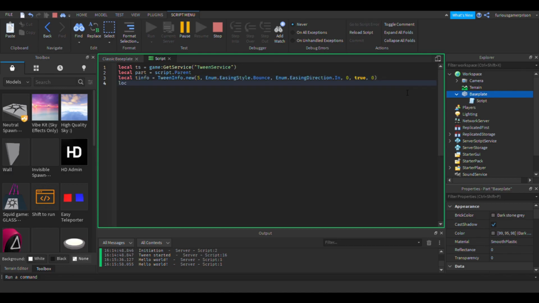And then we can do local properties. Here we want to write any properties that we want to tween, and then the value that we want to tween them to. So I'm going to do 50, 50, 50 for size, and you have to put a semicolon after each line, and then we can put reflectance 0.1, transparency